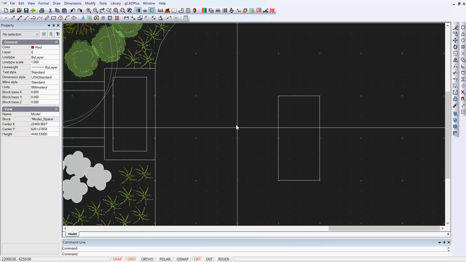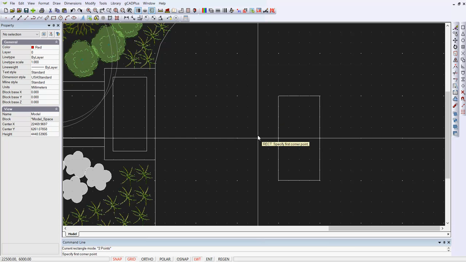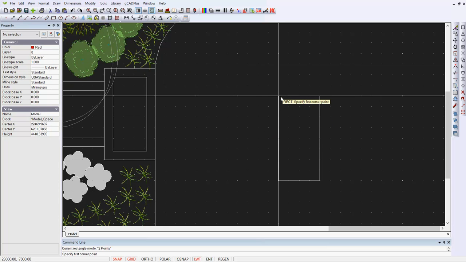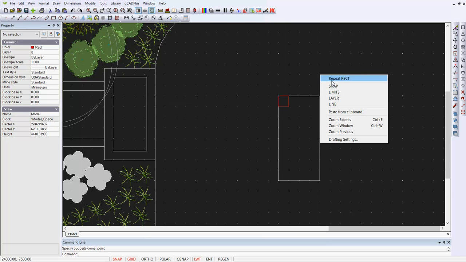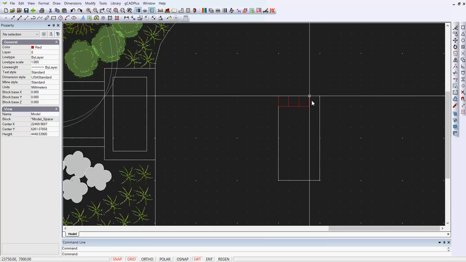So what would you use them for? You might, if you were planning to place some 250mm paving bricks, want to start the rectangle command, and let's do that and do a 2-point rectangle. And I've got my drawing color set in red, so I can draw a rectangle very easily, and it locks into the grid. So I'm just repeating the rectangle command and confident that every rectangle that I put down,